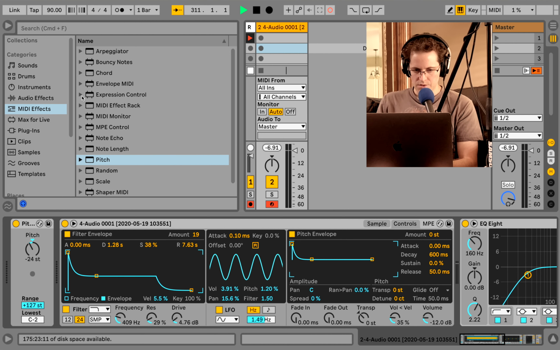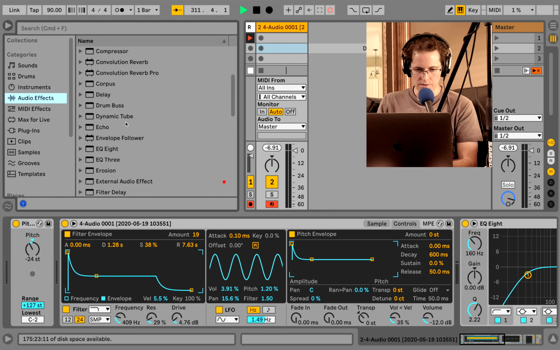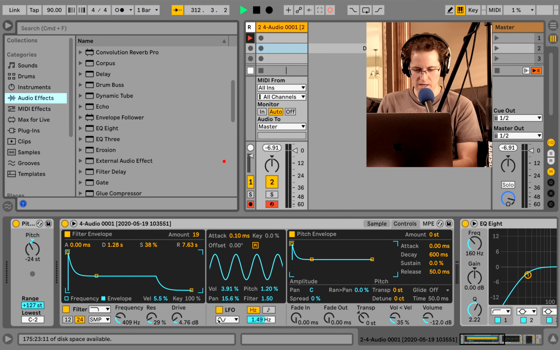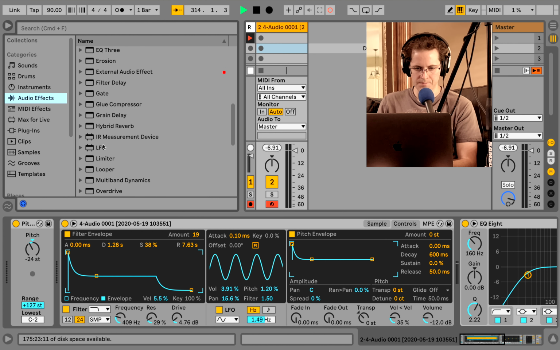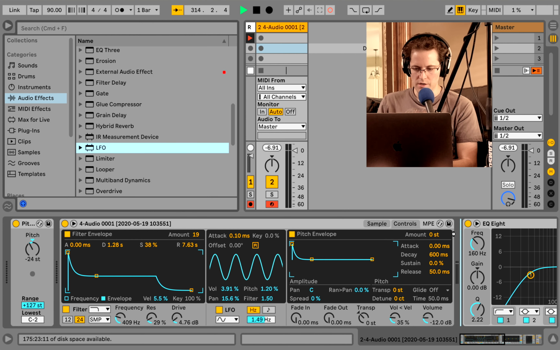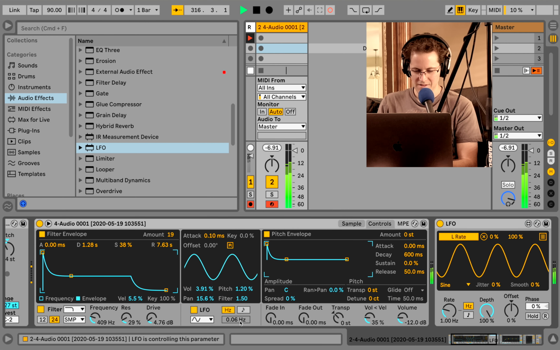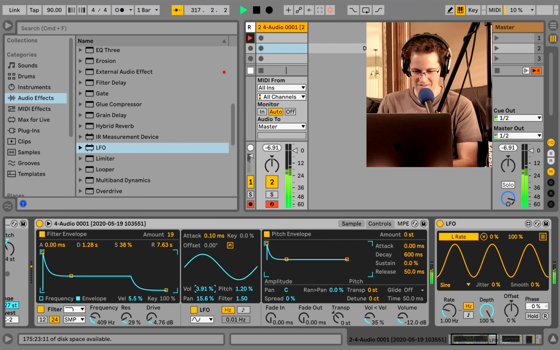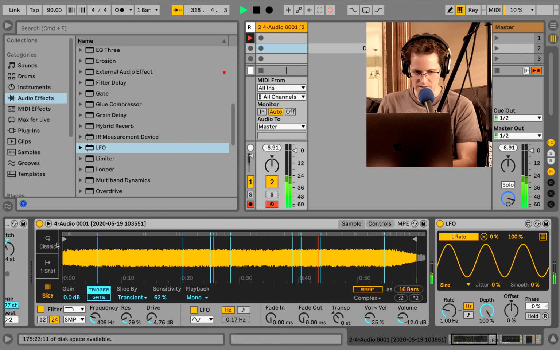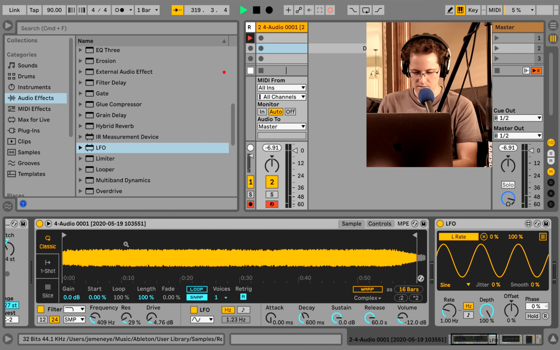Let's see here. One thing you can do, just to show you: I like when I have a sine wave as my LFO modulating these things, but I also like to get a little bit of variety, like that jitter. So you can literally just click map and then map this hertz. In fact, I'm going to go on to classic.